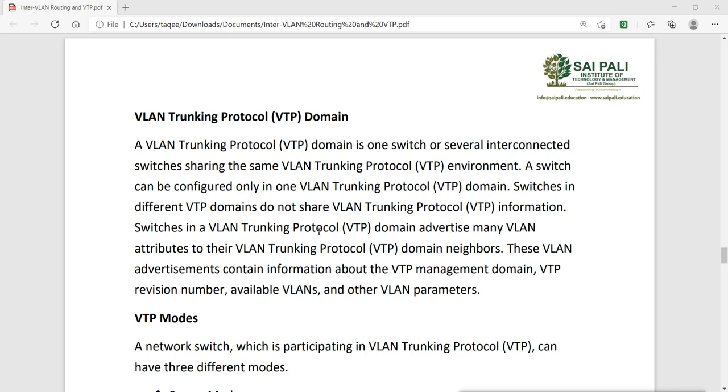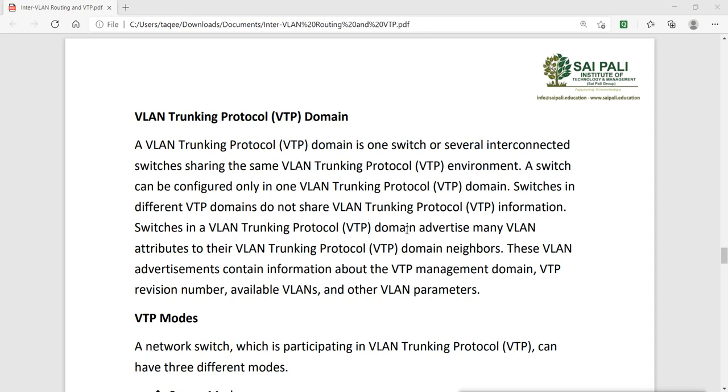So when we create a VLAN on the server switch, the VLAN will be created on all the client switches. We don't have to go to each and every switch manually to create VLANs.